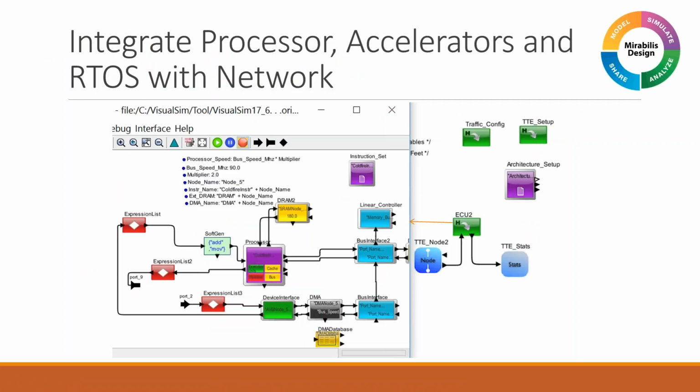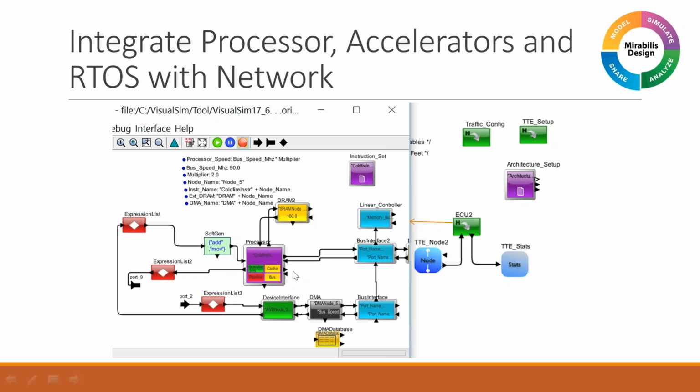Now, looking at the hardware, you saw the network or the overall system. You saw a high-level view of the hardware. But now what you can also get is a complete view of the complete hardware along with processors, accelerators, DMAs, the actual network. So in this case, we have a time-triggered Ethernet protocol, so it's a very deterministic time-based system. You can see here we have a